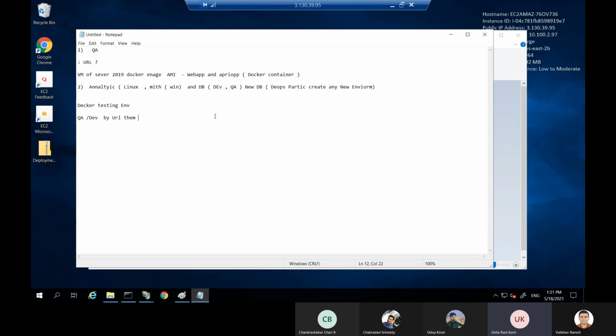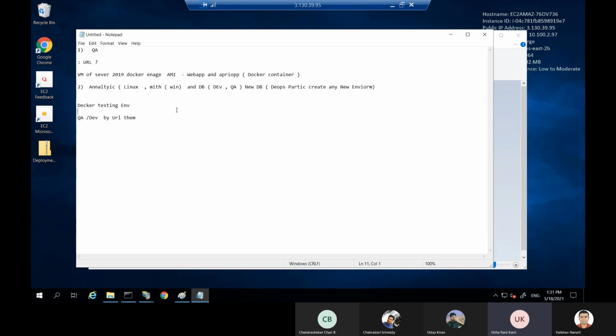Okay, so now the further movement is on the analytics and Mirth, right, Vaibhav? Without the Docker part. Without the Docker part, for the time being we require it for testing these two images in this environment.